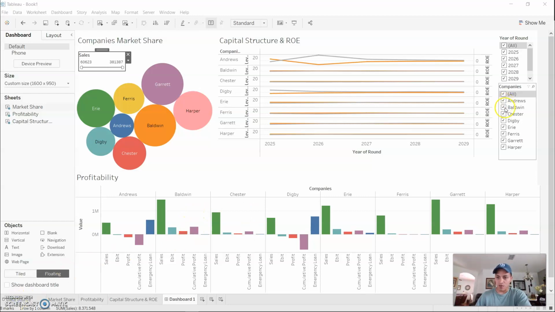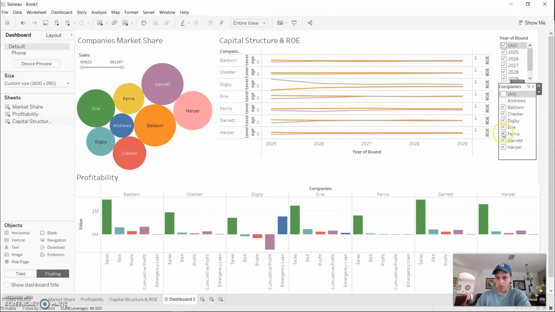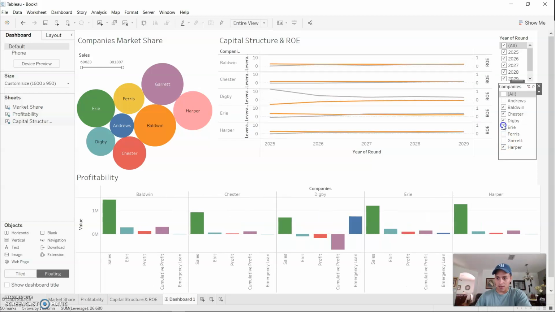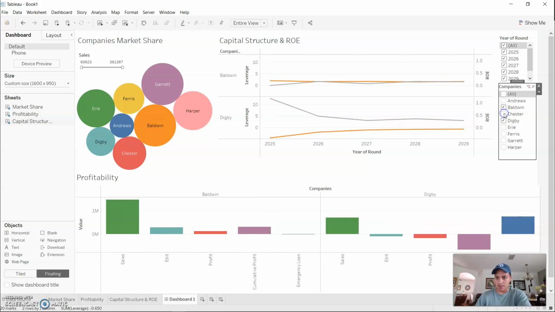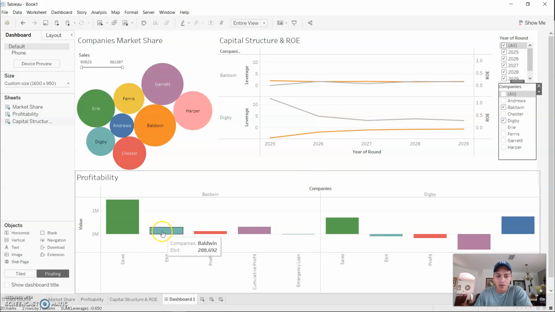For this reason, we will use Baldwin and Digby to compare its ratios, capital structure ratios, and see how its sales trickle down all the way to profits based on its capital structure and what kind of decisions were made at the corporate level that is helping its investors make a profitable